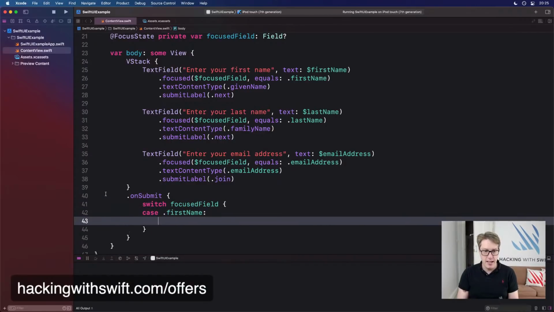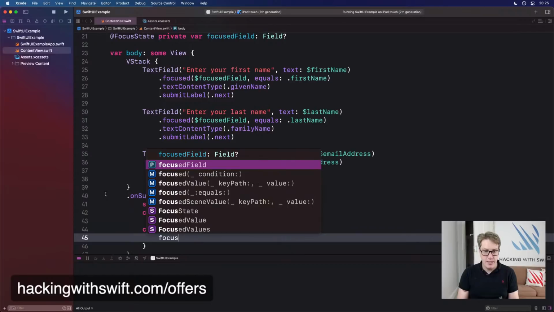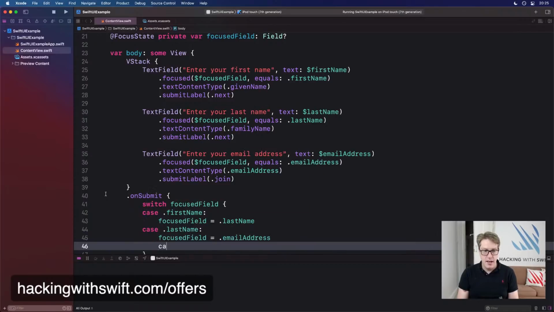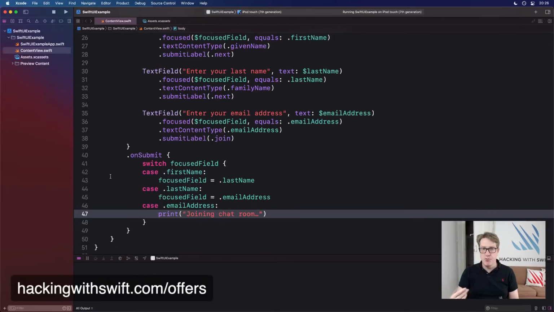If we are currently the first name, now please focus last name. If we are in last name currently, now please focus email address. And if we are currently email address, then we'll print joining chat room or something like that. So we can work our way through a form and then submit the end result to go and do something.